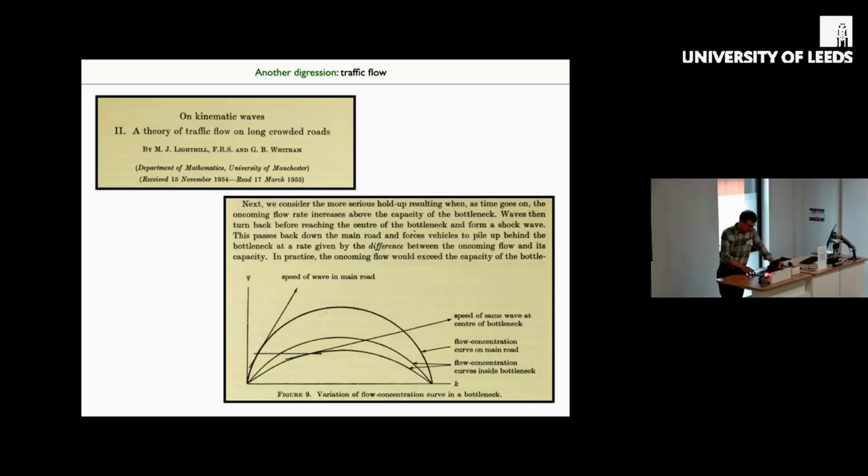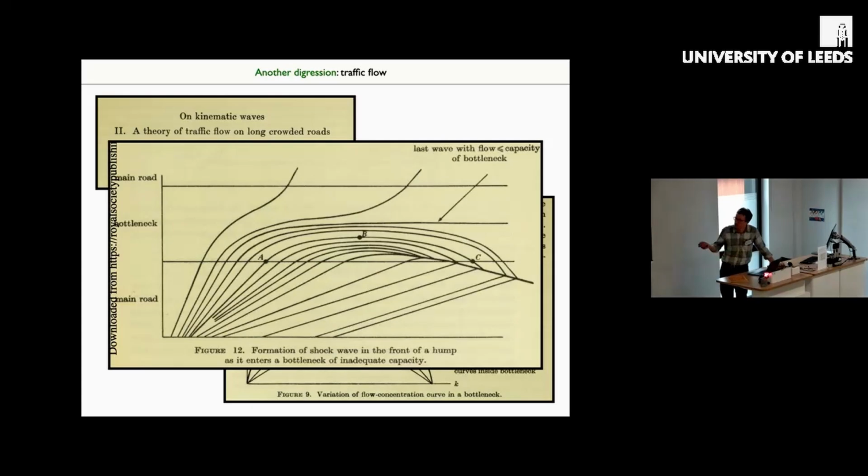What happens? And you can draw pictures like this. Again, I'm not going to tell the details of this. This is a characteristics plot. So this is showing essentially as a function of time, which is this axis, and space, which is this axis. You imagine you've got here a main road, a bottleneck, and then a main road on the other side. The bottleneck is like the constricted bit. So this is space going this way, time going this way. These are lines of constant concentration of cars, but mathematically they're lines sort of propagating information